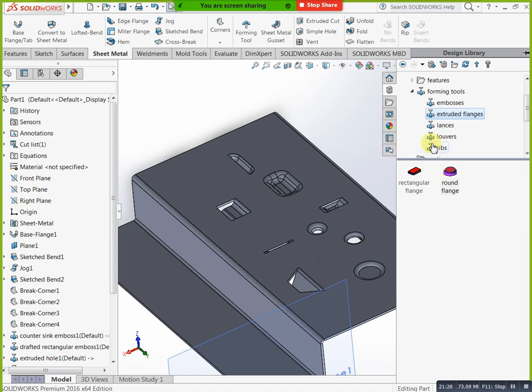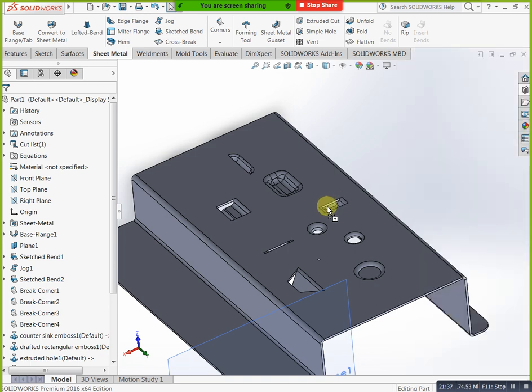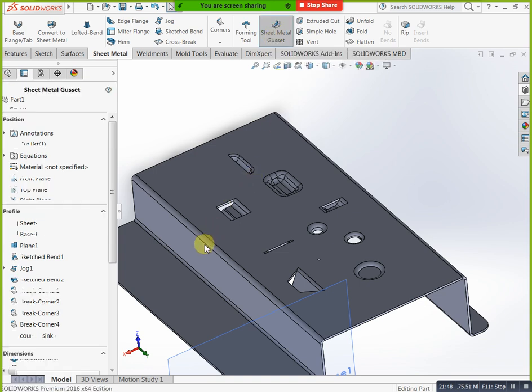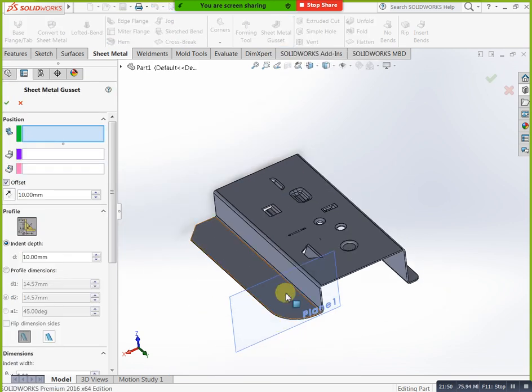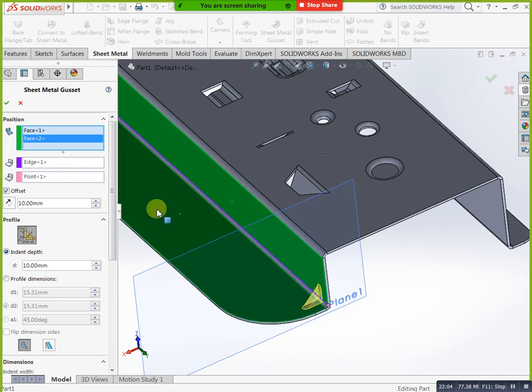Okay. Next, this one is forming tools. Next, we have gusset. You can select this gusset and you can select where you need. First of all, we need to select our plane, this one. Here not applicable. See, just you can select 2 faces, automatically we are getting. If you need any distance with end, you can mention like this, how much of distance you need. You need to increase this gusset type, you can increase it here, then you can do finish. This is gusset type.